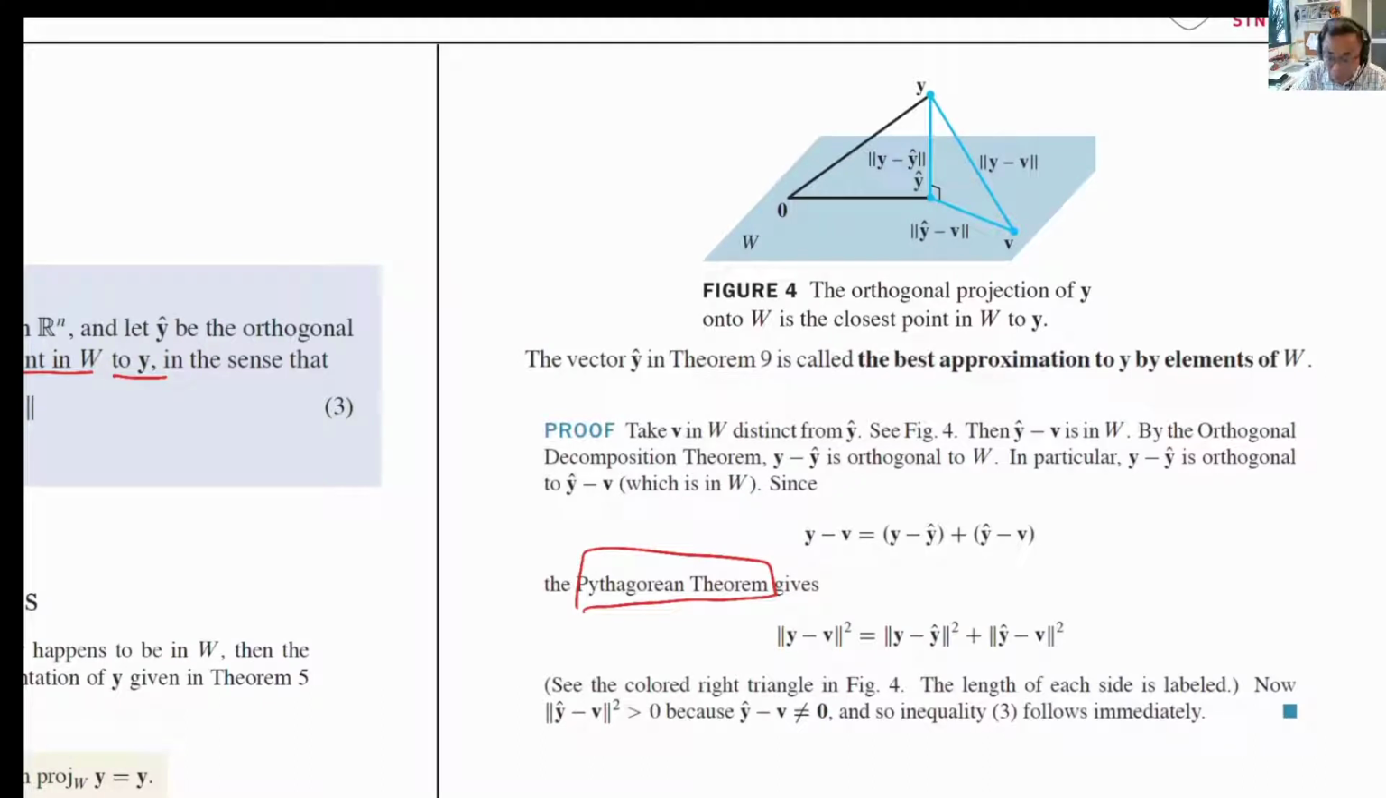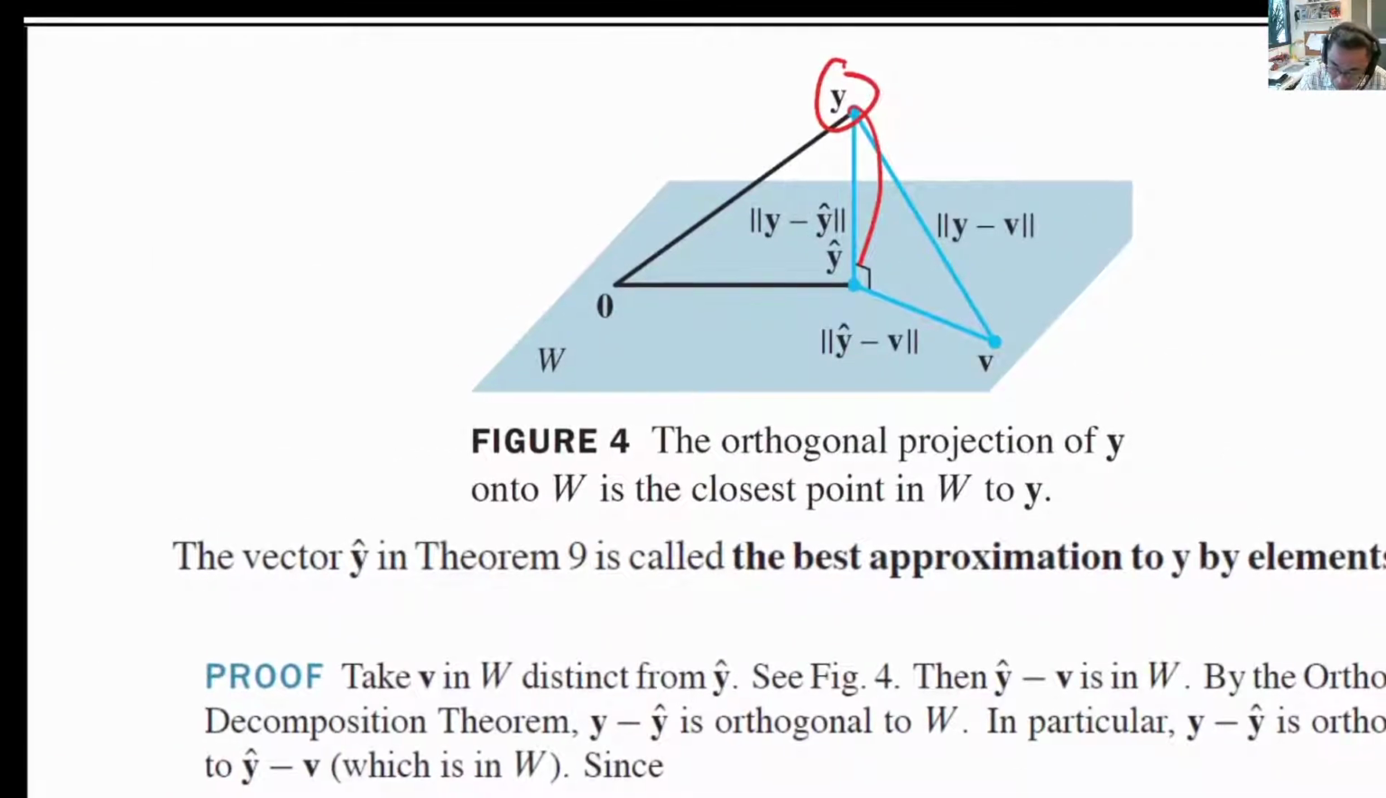In the last example, we have used the Pythagoras theorem to show that the orthogonal projection of y onto the subspace of W is the best approximation. And the key reason is this,